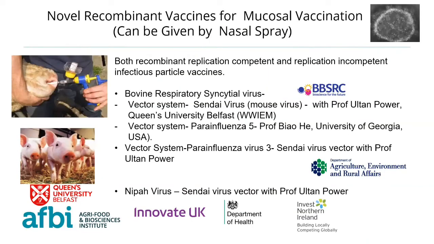So just to point out who's involved in the work that we're doing on these recombinants, we're using the Sendai virus for the respiratory syncytial, the parainfluenza 3, and the Nipah virus at the bottom. We're also using another vector system, which is a dog virus called parainfluenza 5, and this isn't a vector we have here. It's one from the University of Georgia, and we're working with Prof. Biao He there, he's actually put the same bovine respiratory syncytial virus protein in his vector, his parainfluenza 5, and